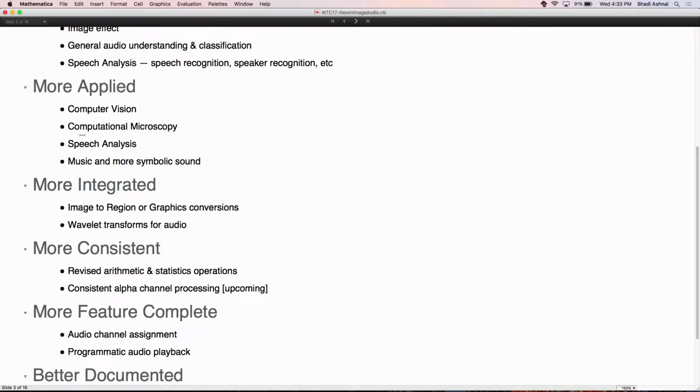We're trying to be more applied, looking into different verticals. Roger this morning talked about computational photography, for instance. We have been looking into computer vision, photography, and microscopy specifically for the image processing capabilities that we have. We think those are the relevant markets, but we are also trying to plan and look into many other markets.